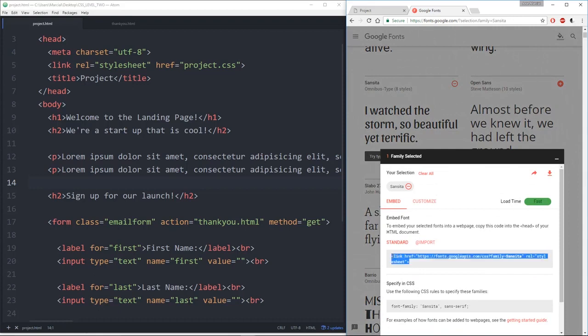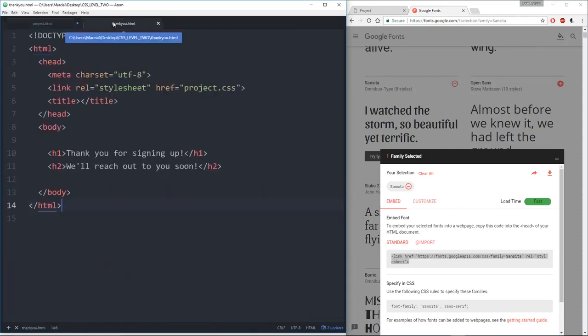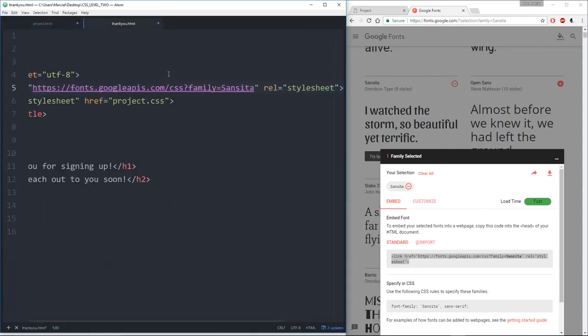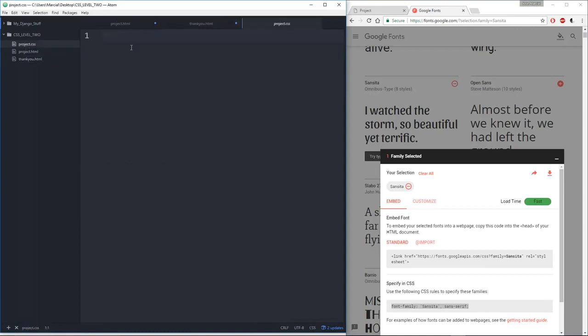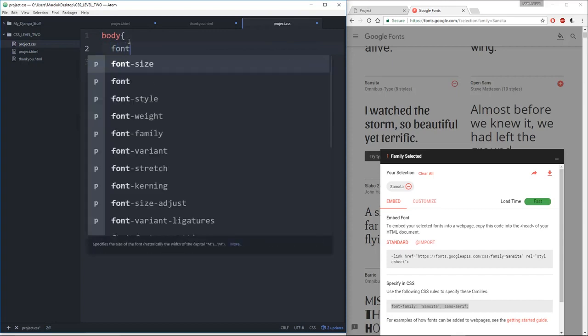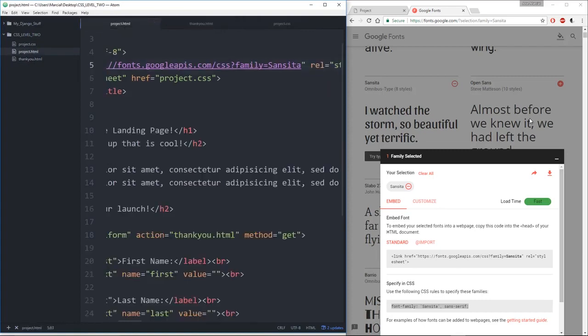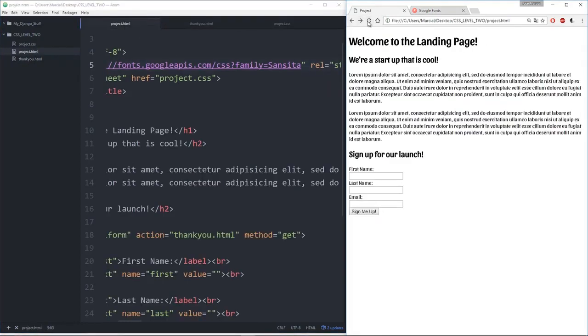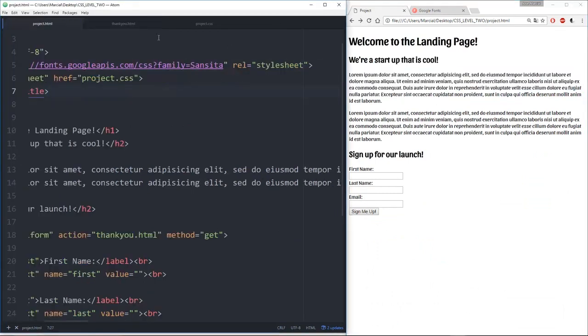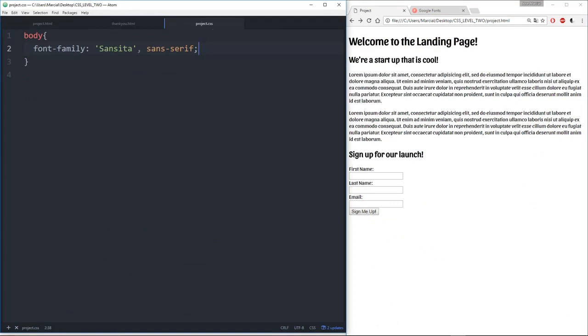I'm going to copy and paste this link, and I'm going to make sure that it's in both the thank you and project files. And then I'm going to copy and paste the thing I need to specify for CSS, which means I should open up my CSS file and then put in something like body, and then just copy and paste that font family. So let's save that, save this, save that, and refresh to make sure the font has changed. And there it is. Welcome to the landing page. Everything's looking good here. All right, so next thing we have to do is just edit the CSS to match